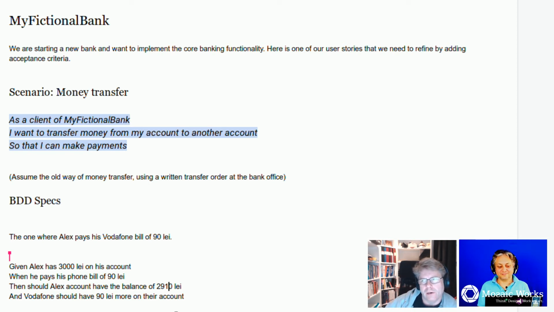I would most likely not write this referring to the UI. I would be happy that someone has given me a mock-up or a wireframe, because it makes my job as a developer easier when I implement the user interface. But I would not want to include it in the example here, because it's not really important if the field that I enter the amount to pay in is called the payment field or the amount field